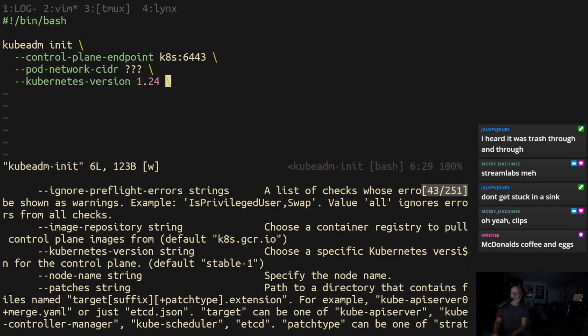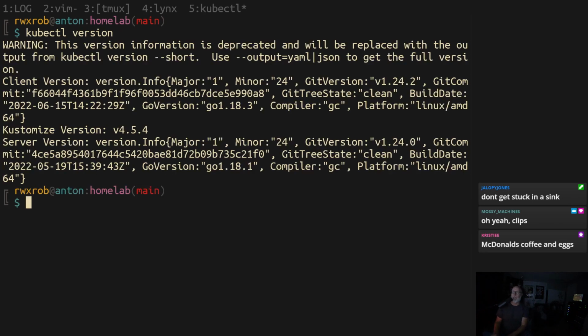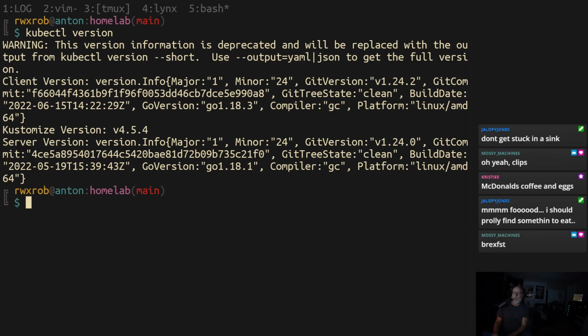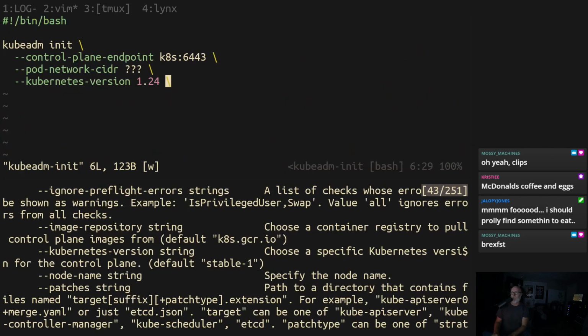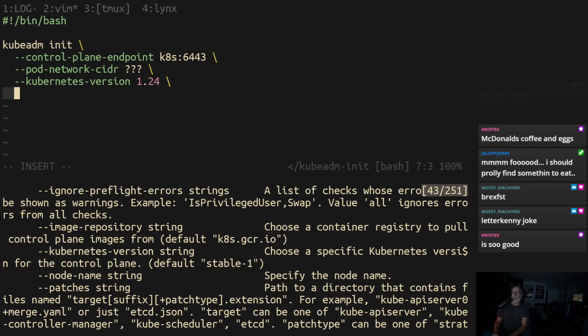What's the specific version? kubectl version. 1.24.2. I guess that's the right version. I don't know whether I should put 1.24 or 1.24.2. Okay, so